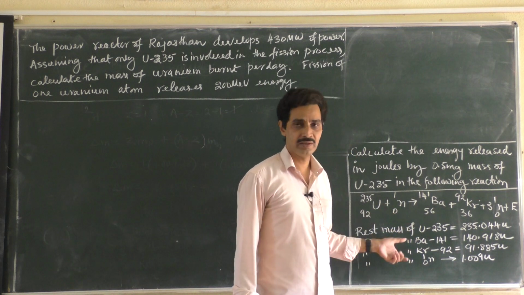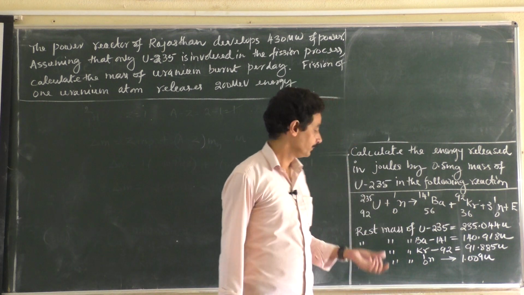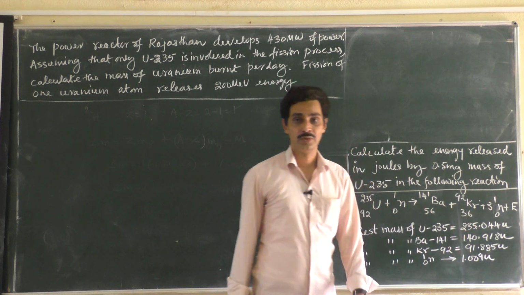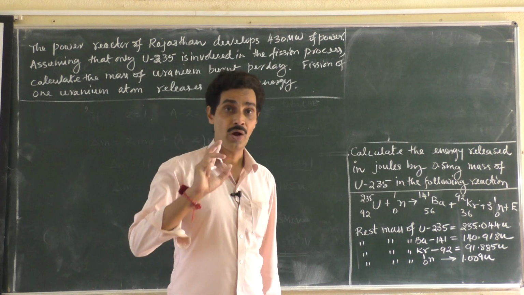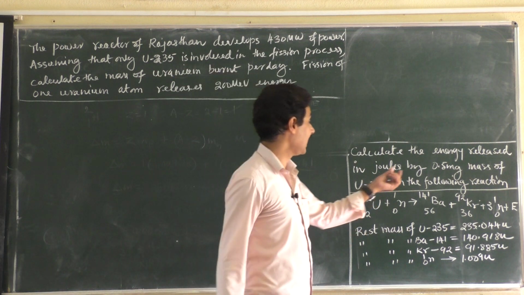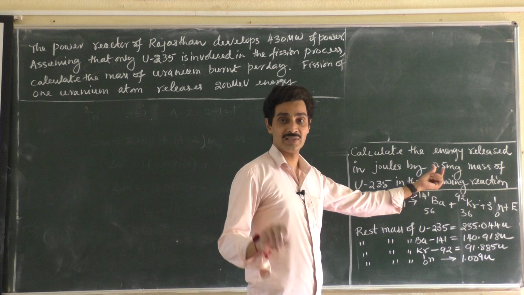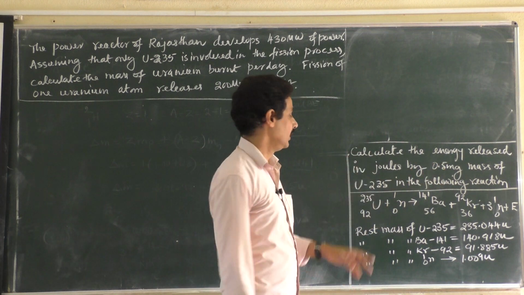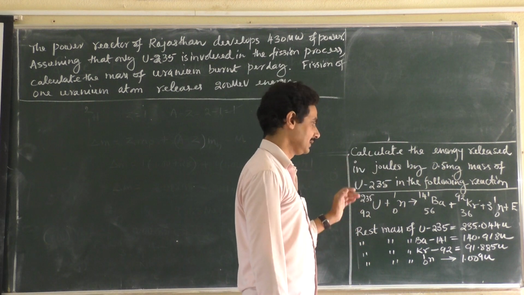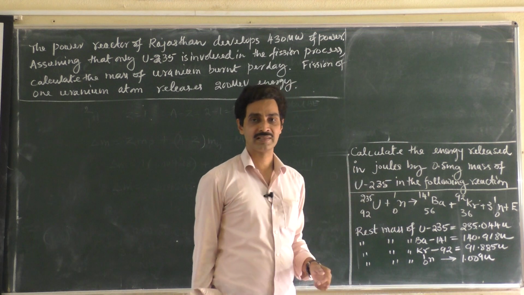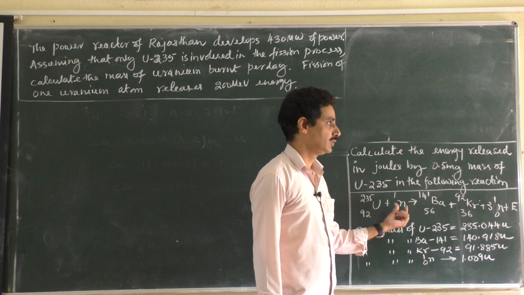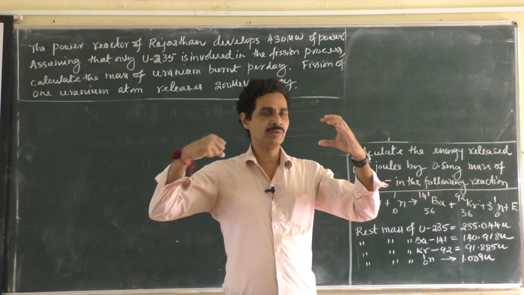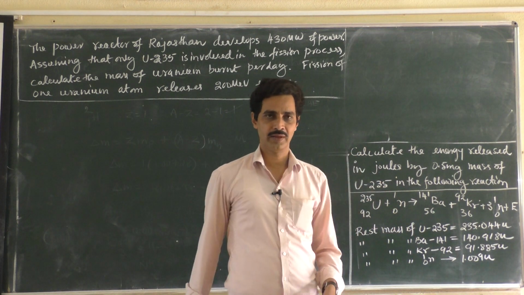First of all, we will find out the energy released in one fission. This equation gives you energy released in one fission. Only one fission. So how many fissions will occur? How many atoms will be present in this? So many fissions will occur. So it has two parts now. First of all, find out the energy released in this. Again, you have to find out a mass defect. How is the mass defect? You will have uranium-235 and neutron. They are fighting together. Neutron will be going to the nucleus of uranium-235.